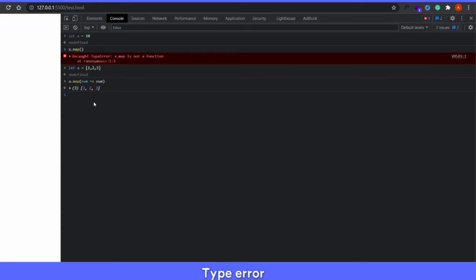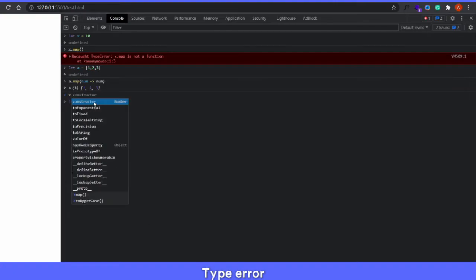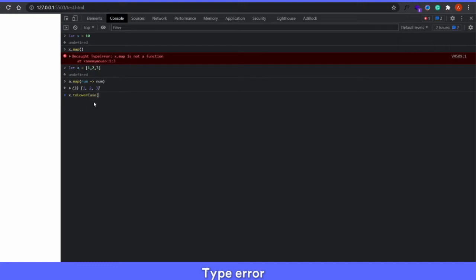Also, let's say I'm trying to use string methods on a variable that is not a string. So I already have a variable X which is 10, which is a number. So if I try to do toLowerCase, which is a string method, I'll get a type error saying that it is not a function because X is a number. X is 10.